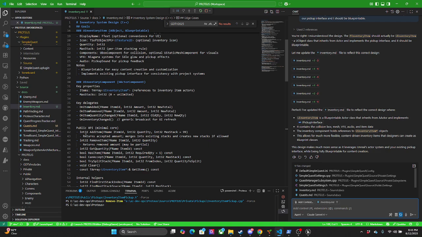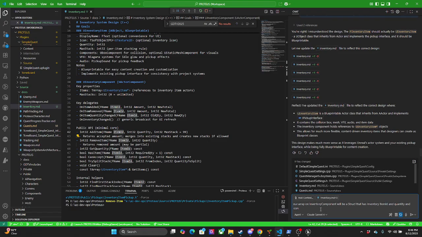So our inventory item. Okay, so what we're gonna do is on the array on the inventory component, it will be a struct that has inventory item ID, quantity, and icon.